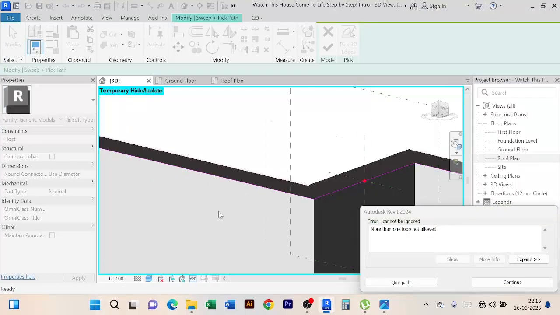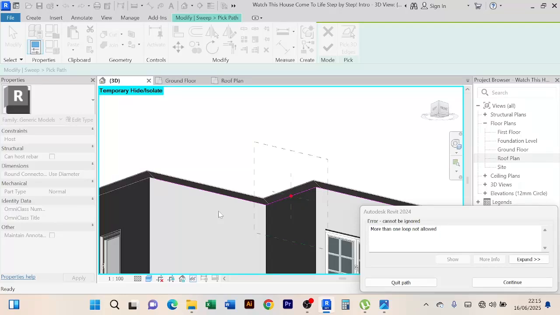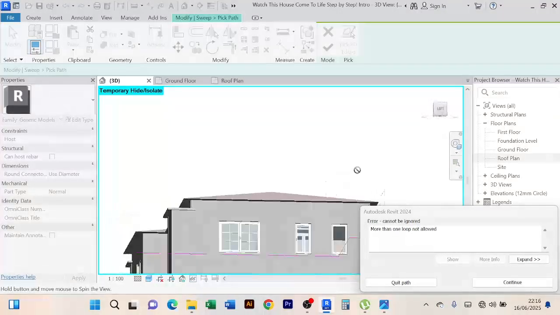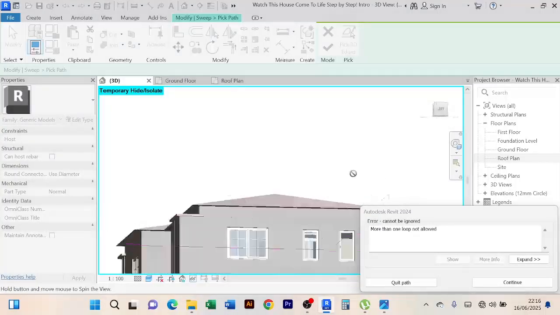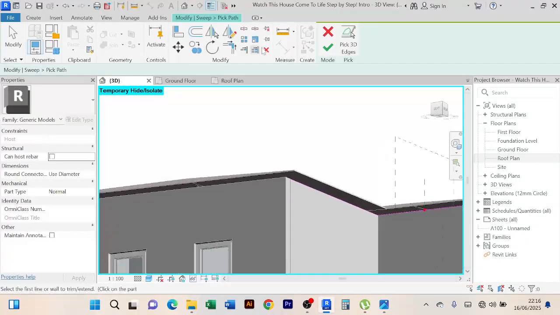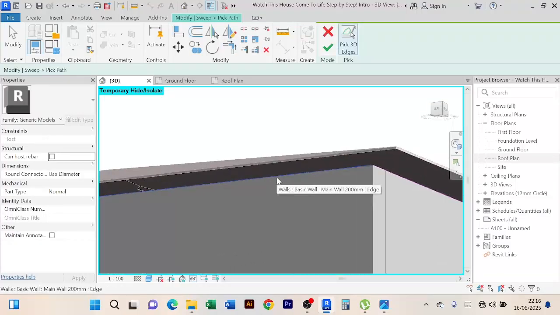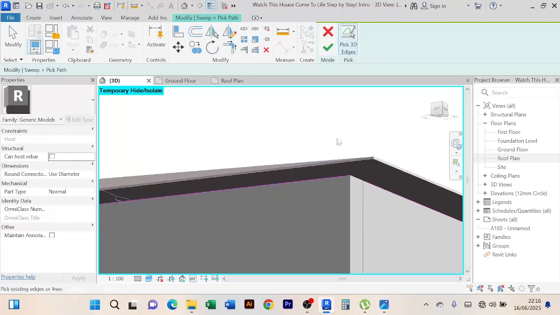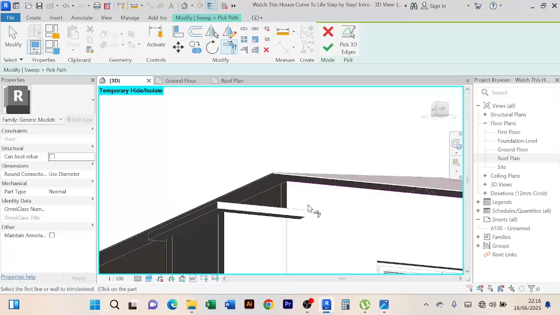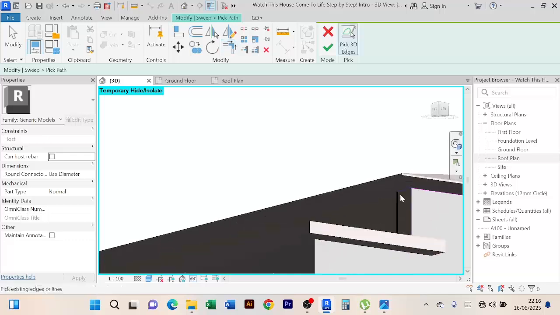Revit is complaining: more than one loop not allowed. So now we need to finish this all around before we can stop what we are doing. We're going to keep picking 3D edges and making sure they are not detached. You pick 3D edge, pick that, you trim, extend it to this